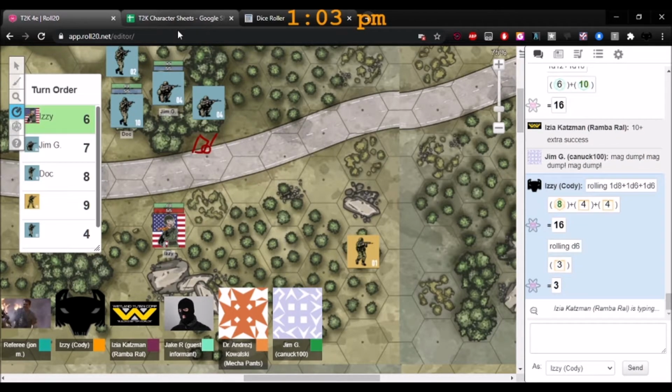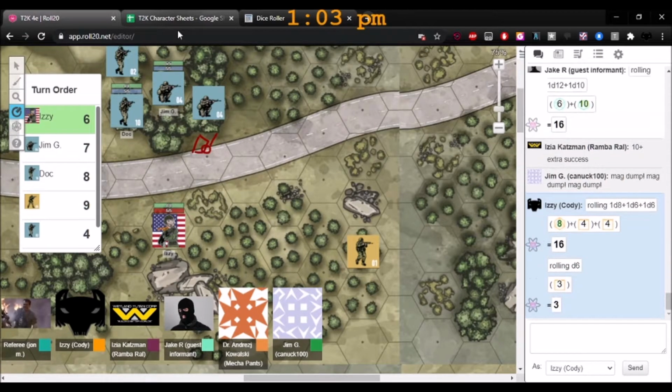So the range is 5 though, so the damage has been reduced down to 1. So it does 1 damage. Extra successes on the dice would translate into more damage, and extra successes on the ammo dice would make additional hits. So overall, it looks like you kind of winged him with some spreading buckshot from this long range, but you did 1 point of damage to him. That was fun. Nice. Well done.